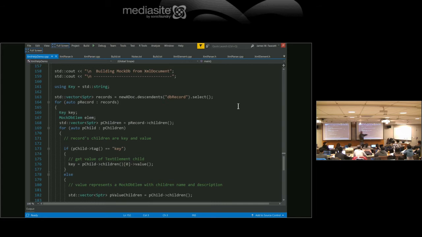That's a smart pointer to this node, and now it's using that smart pointer to get its child. So here is, I'm sorry, to get its value. So key equals pChild of children of 0 value. The value is the text. If I go to a text node, what a text node returns with a value statement is the text. If I go to a tagged element, the value returns the tagged element. Okay, so